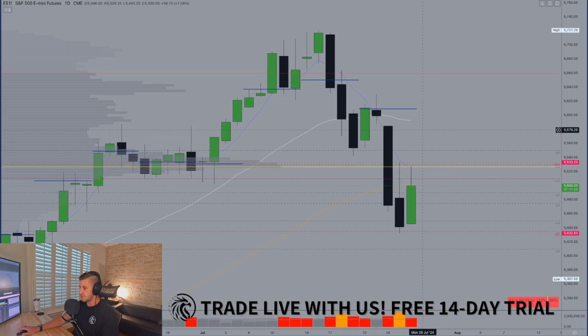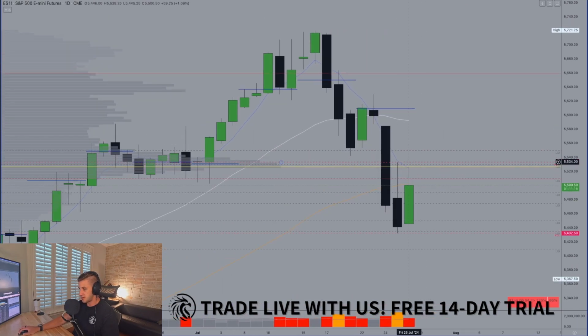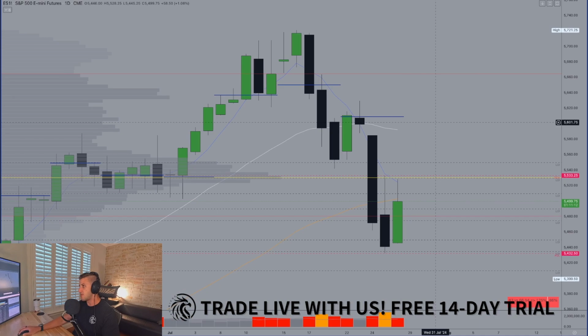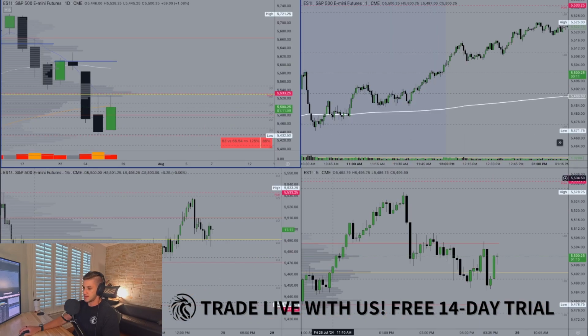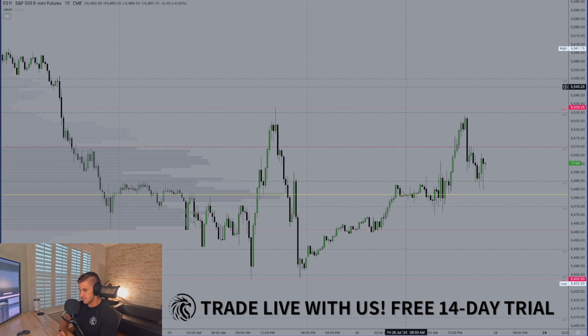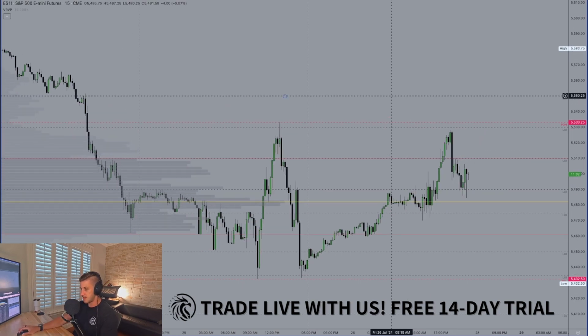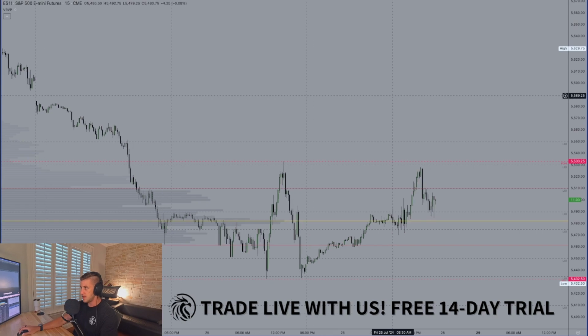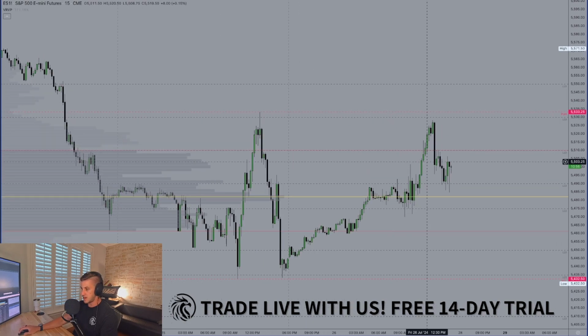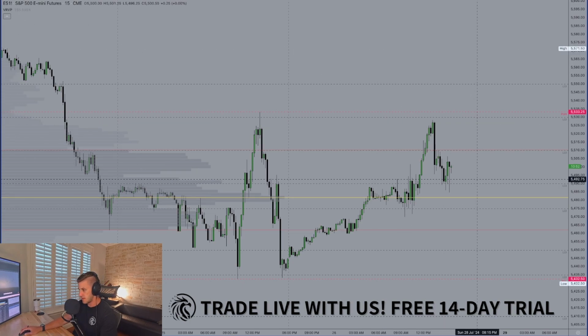If we take a look at the daily time frame chart here, you'll see the entirety of today's bar is within the prior day's bar. So now what we have is a near-term range, right? Taking a look at the 15-minute chart here, we have a pretty straightforward near-term range to be working with into Monday. And so what I'll really be focusing on come Monday on ES, same level we talked about this morning,